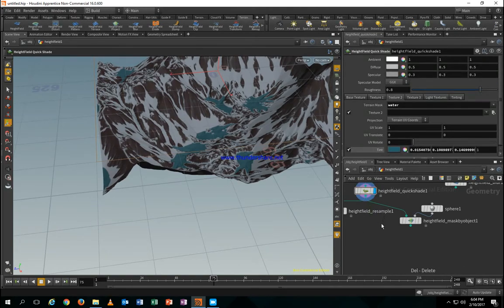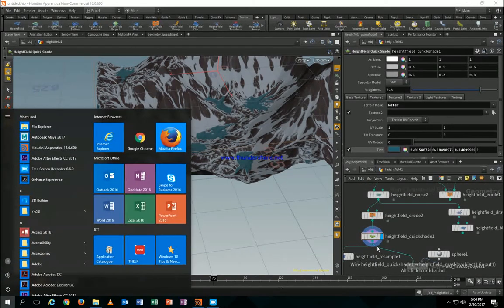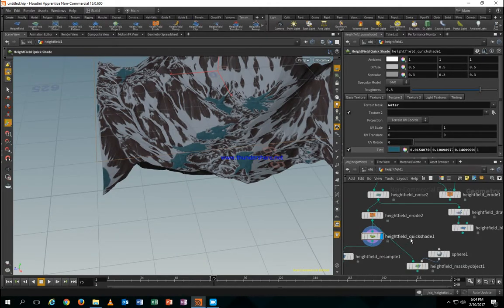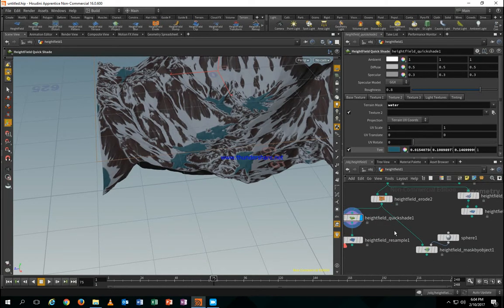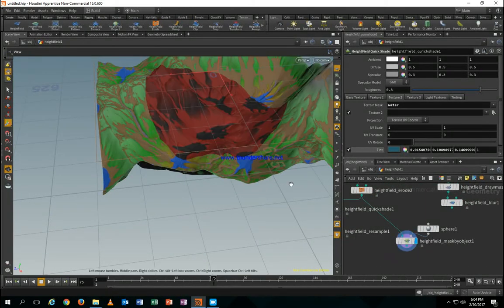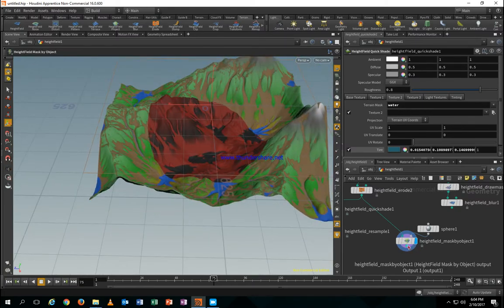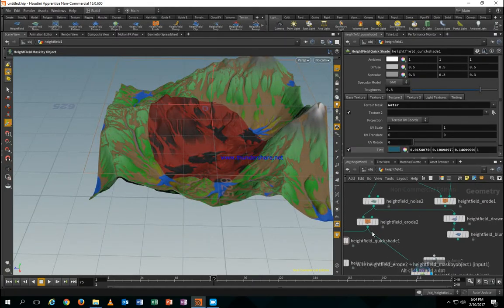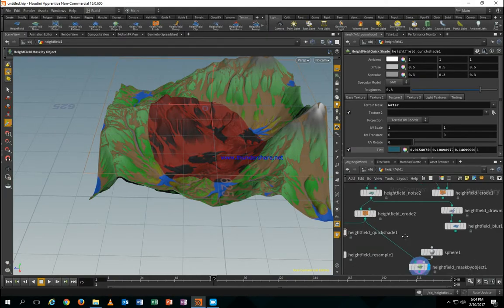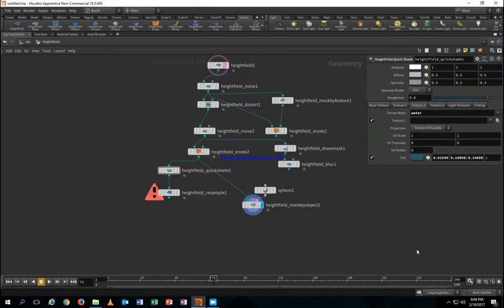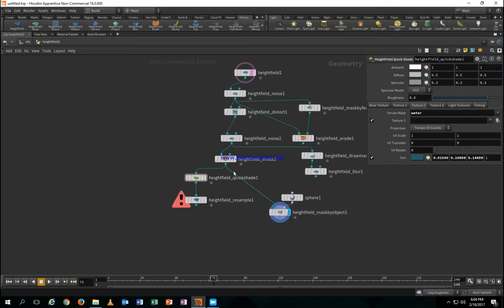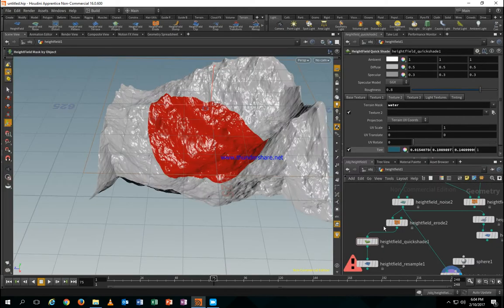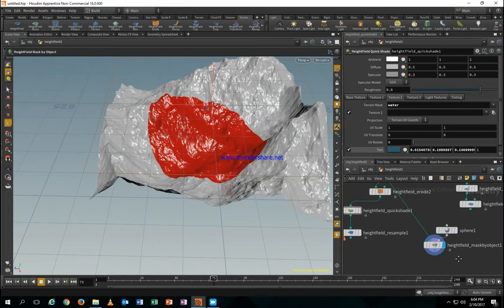Or maybe I should apply it before shading it. So this has been masked, and before erosion actually. Control B. I'm gonna attach it to the noise. We have that mask over there,